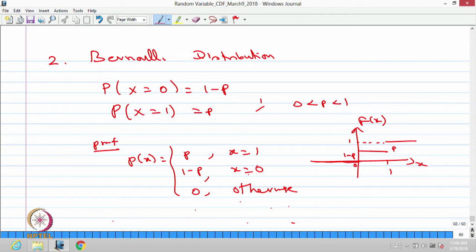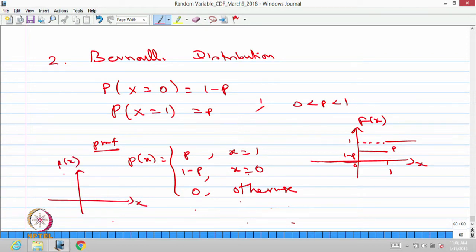That means, for this discrete type random variable, the CDF has two jumps. One jump is at 0 with the jump value 1 minus p and the next jump at the point 1 with the jump value p. Therefore, this is a discrete type random variable and you can draw the probability mass function also